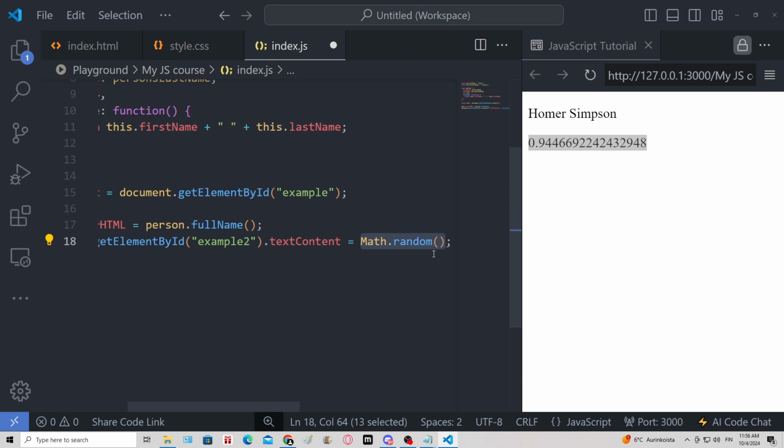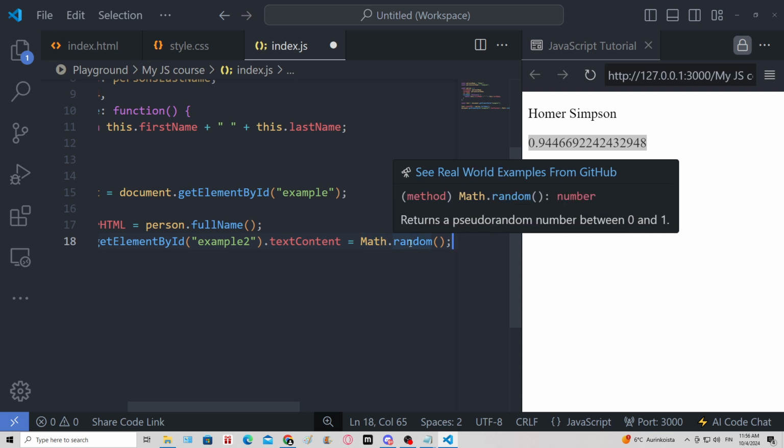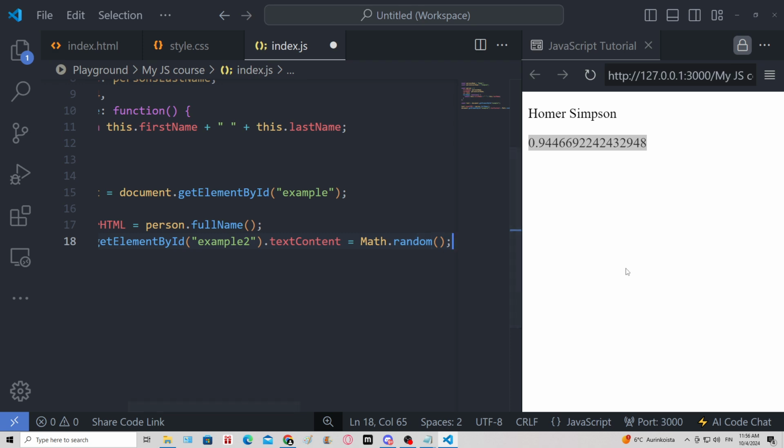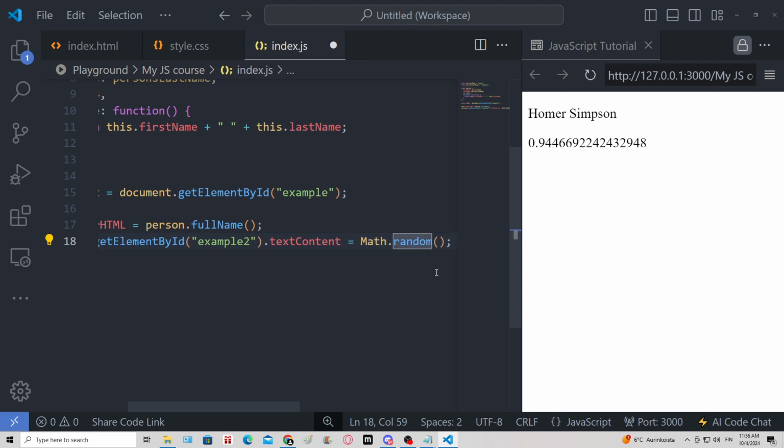Math is going to be the object, and random is going to be the method. Math.random will return us a number between 0 and 1. And when we go over this topic, I'm going to show you how we can create numbers from any different